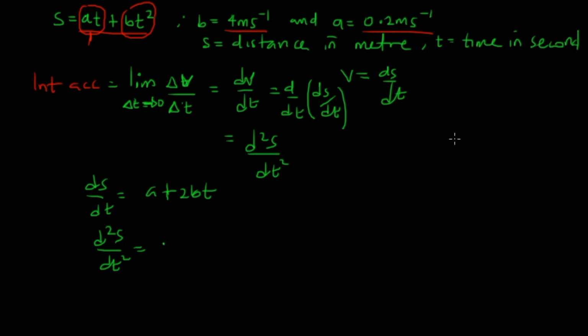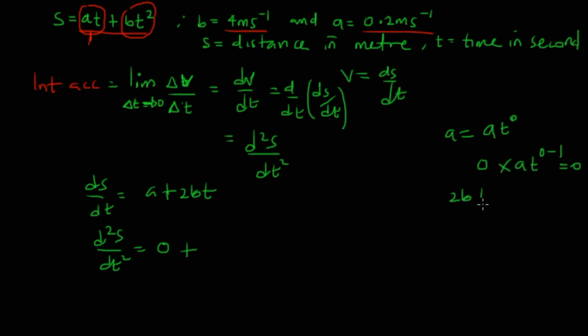It becomes 0 because a is similar to a t raised to power 0, and if you differentiate this, that is 0 multiplied by a t raised to power 0 minus 1. 0 multiplied by all of this becomes 0, and that's why this is 0 plus